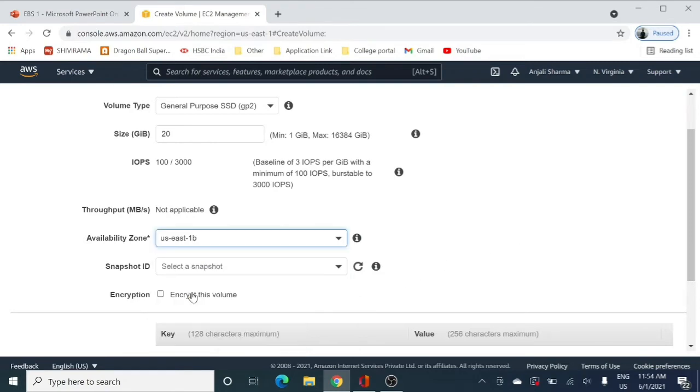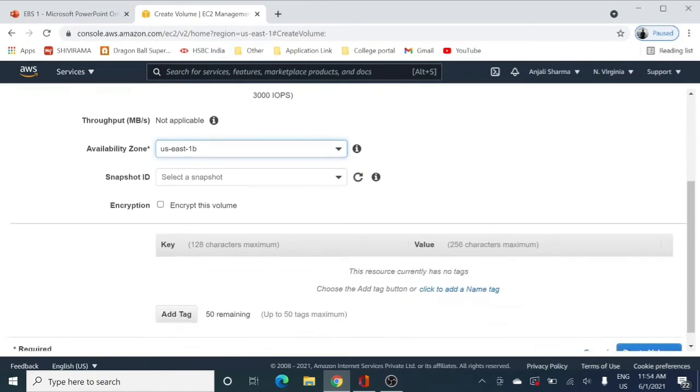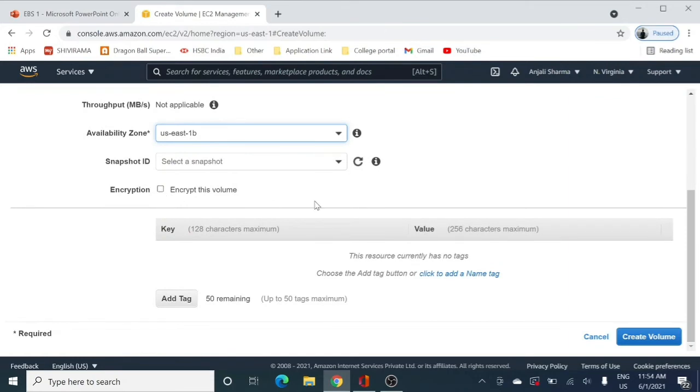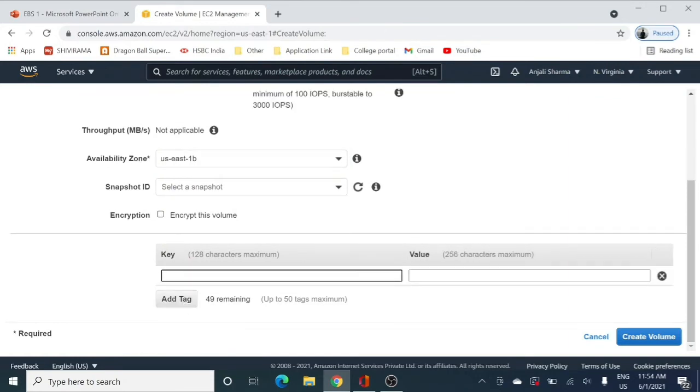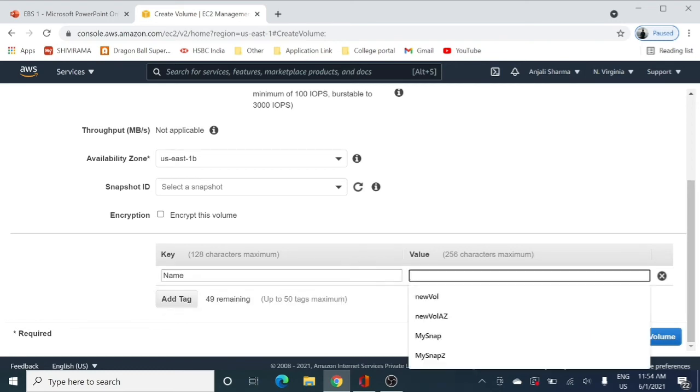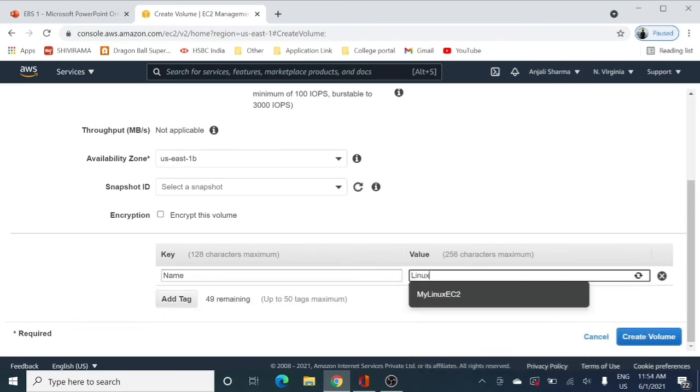So here it is necessary to select the same availability zone in which we have our EC2 instance. So that is why I have mentioned US East 1B. So I've selected this one over here. I'm not creating any snapshot, or even encrypting the volume, but yes, I will be naming my volume so that I can identify that this one is for my Linux instance.